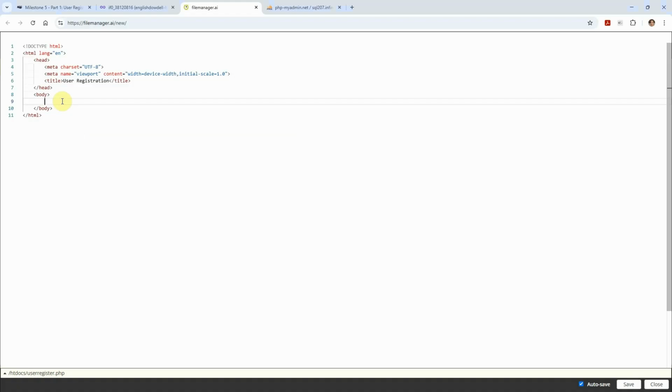But anyway, let's go ahead. We want to give this a title, so we'll say user registration. Okay. And then we're going to use a form method for this. So we'll say form, and the method is going to be post. Okay, and then the action. Now we do want it to actually use the same form, so we would maybe say user